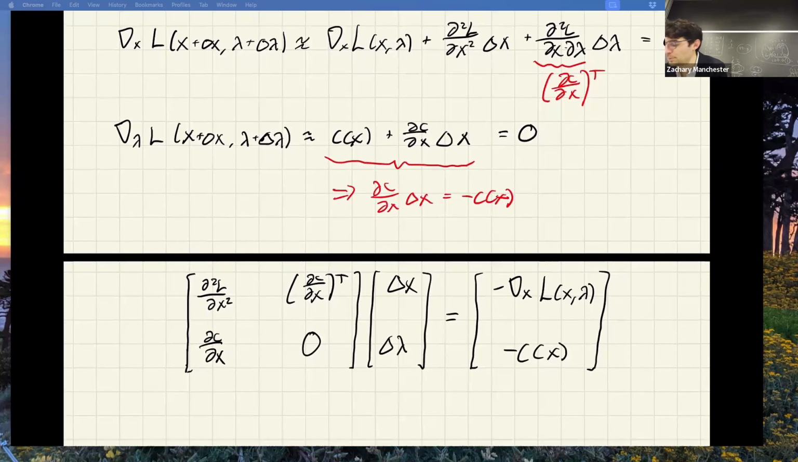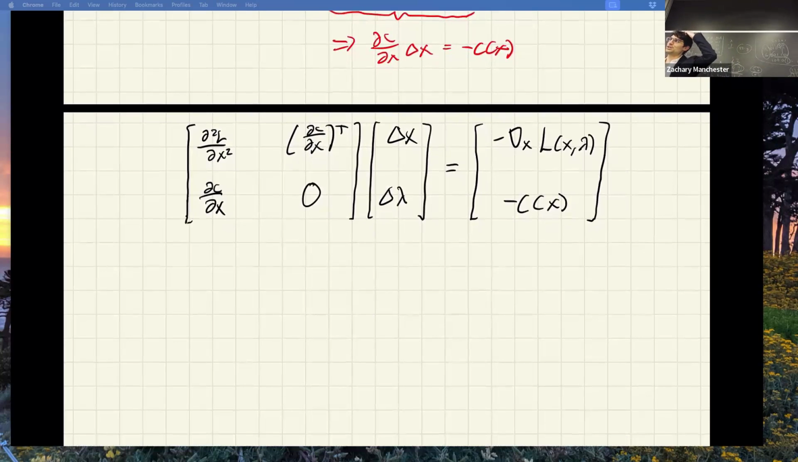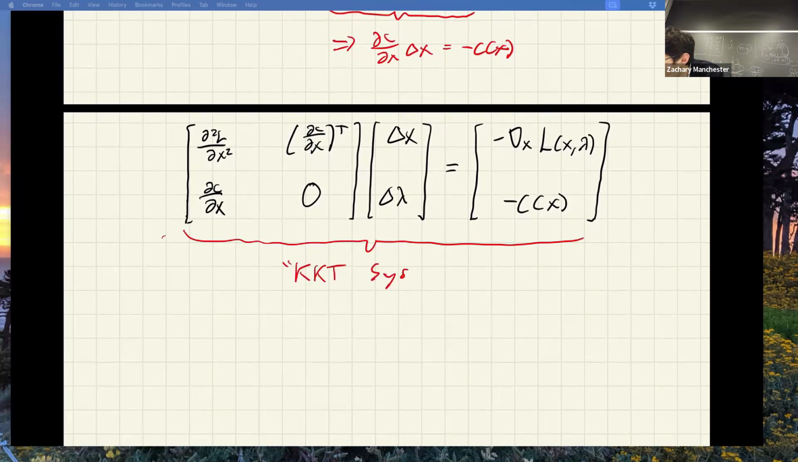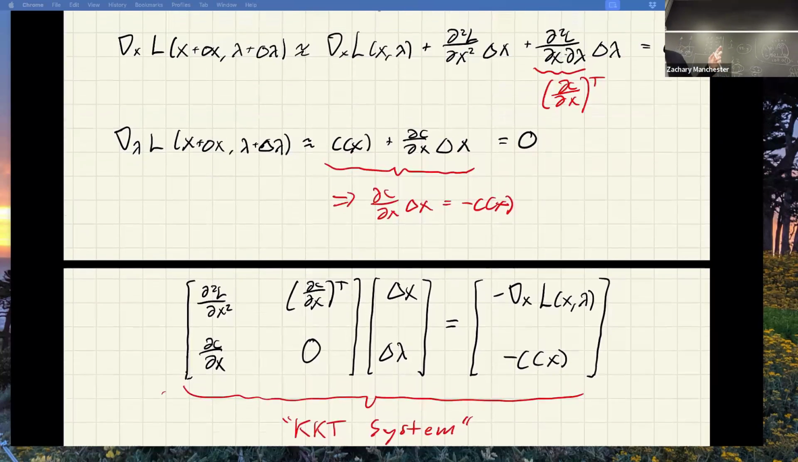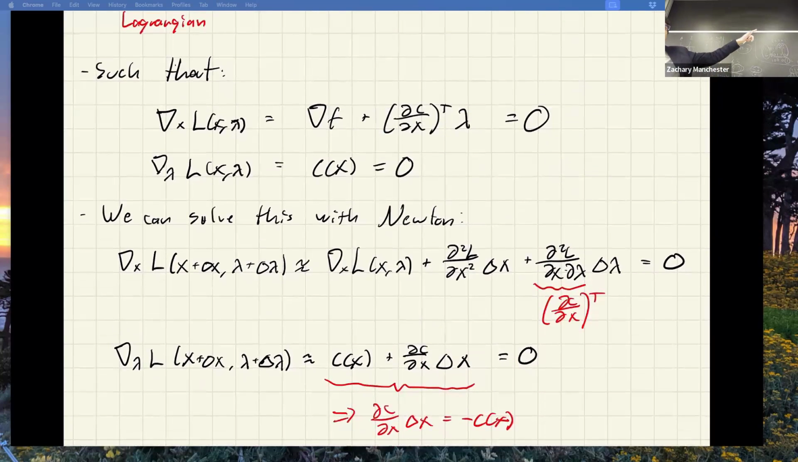And this thing shows up so much in optimization that it has a name. This exact matrix equation that we just wrote down is called a KKT system. This is the bread and butter of numerical optimization. It shows up so often that there are specific linear system solvers for it. It's a huge deal. The reason it's called KKT is because these optimality conditions we just wrote down are called the KKT conditions,